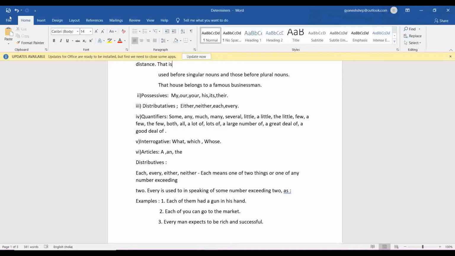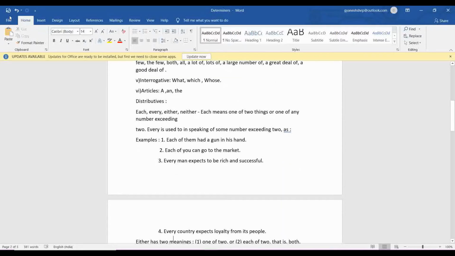Now interrogatives. As the word interrogative is very common in all sentence types, we can identify it. What, which, whose. It can be the WH type, like how, where. So there is a long list of interrogative words, and that is included in these interrogative determiners. Now the next is articles, as common: a, an and the. A is used for a singular thing, and an is used before a, e, i, o, u, a vowel sound. The is used for specific things like the earth, the sun, the sky, like this.